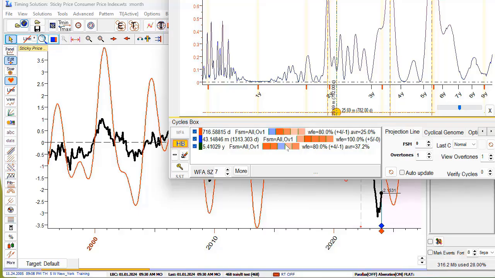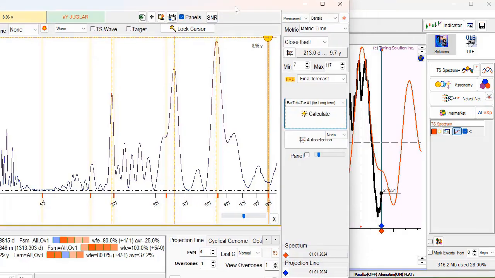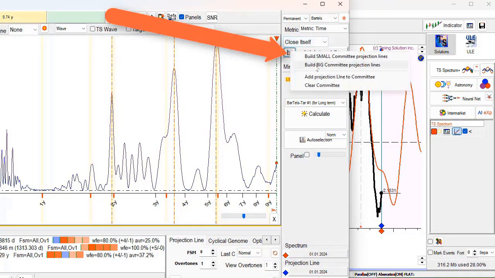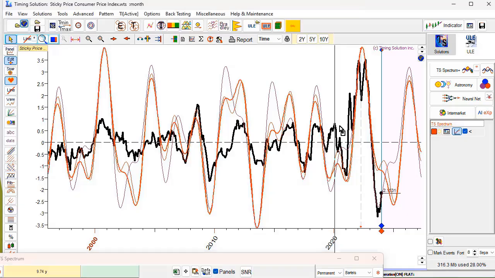Optimization, actually, is practically not working here. So what do I recommend to do in this case? I recommend to click this button, and you see there are two variants, two different options: small committee and big committee. I run the small one, and look at this. Now we have 3